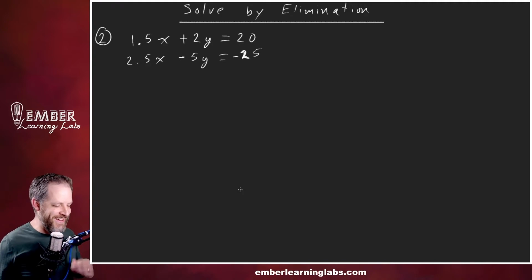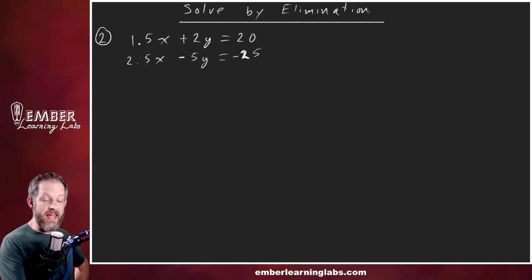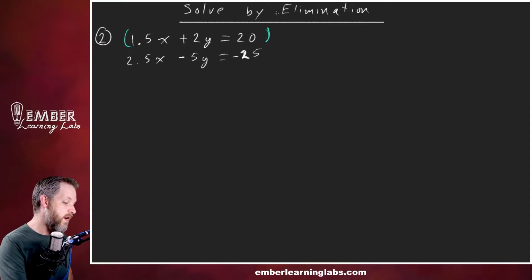Here we go. Now, in order to solve by elimination, our first step is to get 2 of the variables to be opposites, right? So we could make the x's opposites or the y's opposites, either one. Since these 2 already have the opposite sign, we're going to make the y's opposite. So we're going to multiply the top one times positive 5,